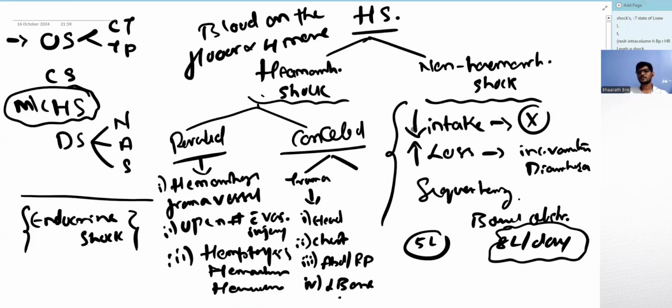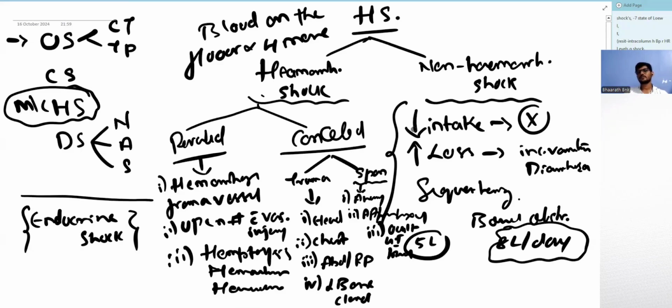So, long bone fracture, which is closed. There is compartment syndrome, the limb is swollen, the pulses are not palpable, but you are not seeing any blood outside. So, this is trauma. But sometimes a spontaneous concealed bleed can also happen. It can happen if the patient has an aneurysmal rupture in the brain, or there is abdominal apoplexy. A spontaneous bleed into the abdominal cavity is called abdominal apoplexy. Or the patient is having an occult GI bleed. He keeps on losing blood slowly.